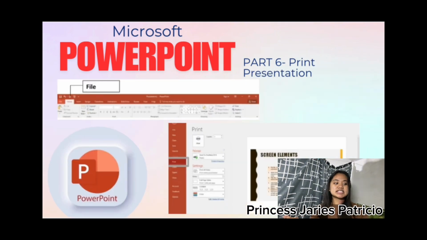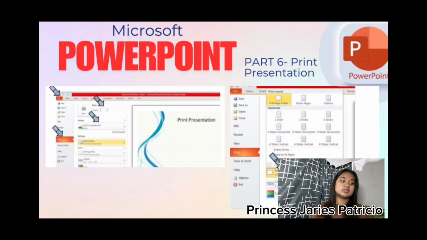And part 6, print presentation. Click the File and you will see the Print here. Here's the example on the screen. Click the Print and then after that you will see here the copies. If you want,